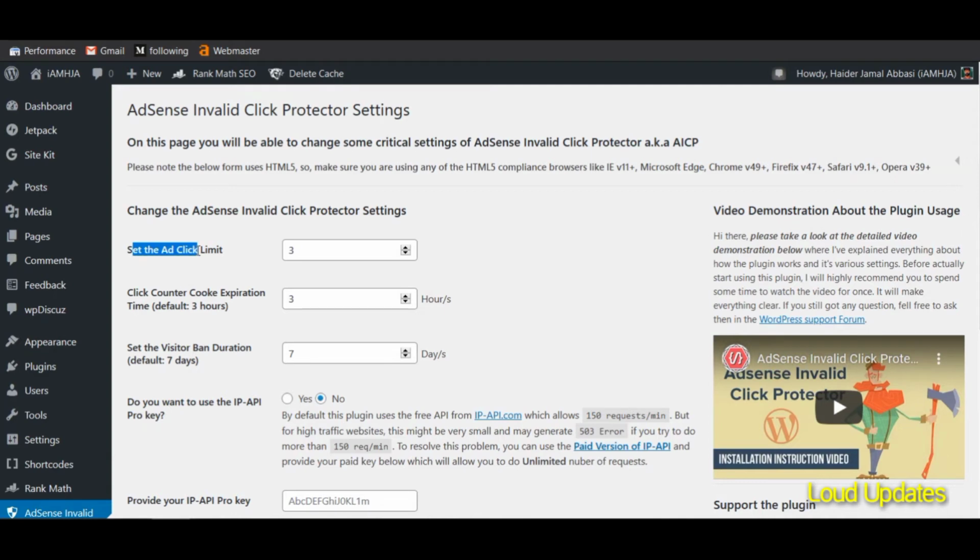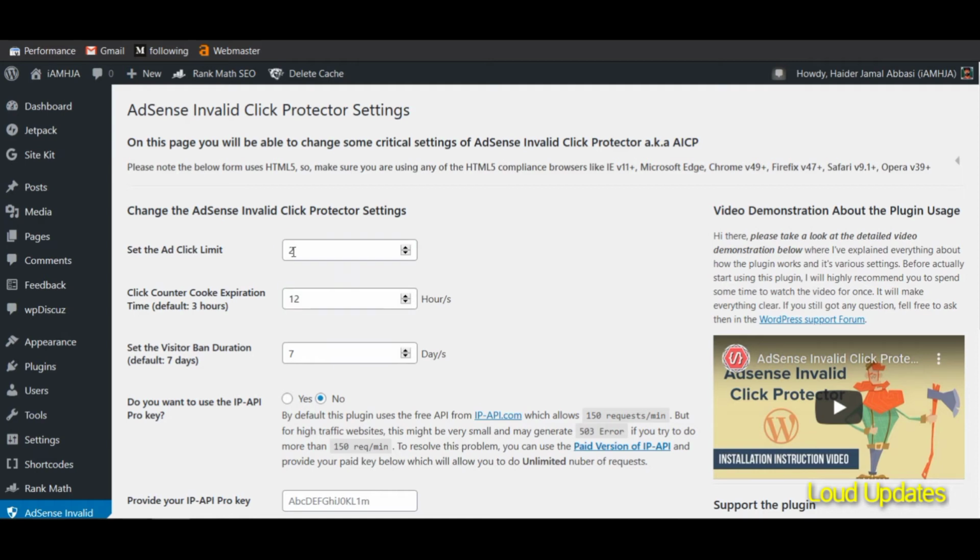If someone clicks on our ad 1, 2, 3 and then wants to click ad number 4 or 5, this plugin helps you protect your AdSense. It makes sure the 4th ad click is not counted on your AdSense.